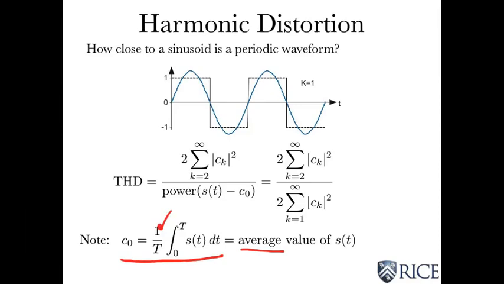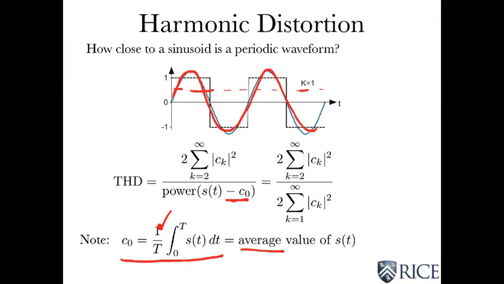In computing harmonic distortion, I'm interested in how it departs from a sine wave. I'm not really interested in whether there's an average value that isn't 0, if it's shifted up or down. That's really not the issue. The issue is how much does it depart from a sine wave. So that's why this little term is in here, it's kind of a detail,